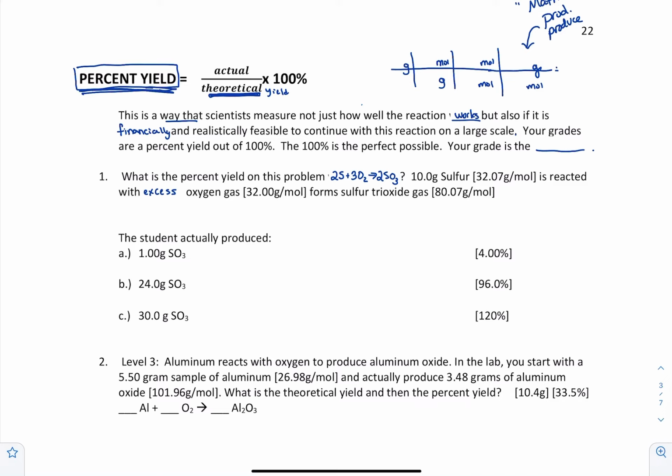As a little note, your grades are percent yield out of 100. The 100 is the perfect that almost no one gets. Your grade, that's what actually really happens, is the actual amount. So in a perfect world, someone might make a 100%, but really you make another number. Let's say you make a 96. Well, your actual grade out of 100%, which is your theoretical, gives you the percent yield. So you definitely want to identify numbers in a problem really clearly